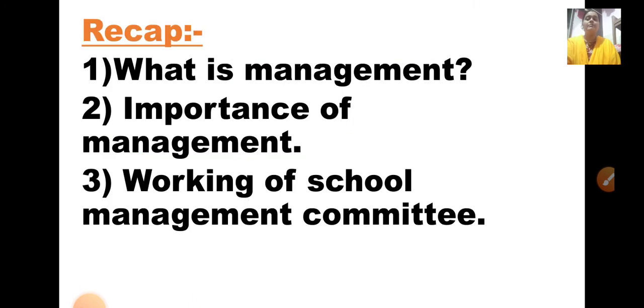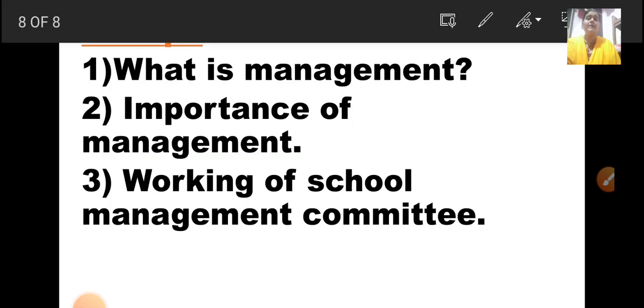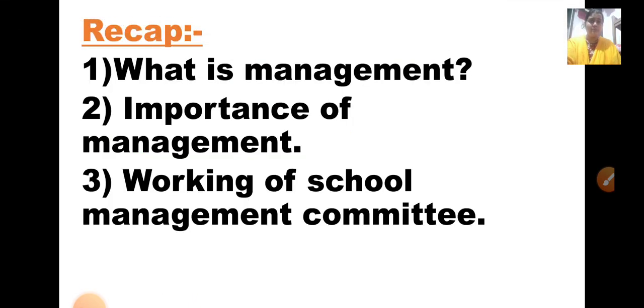So children, we have a recap of what we studied today. We studied what is management. Management is required from smaller functions to bigger functions. Okay, and in management there are various things which you have to keep in mind while managing. I told you an example of a birthday party or a picnic. Suppose take an example of a picnic. You are going for a family picnic.